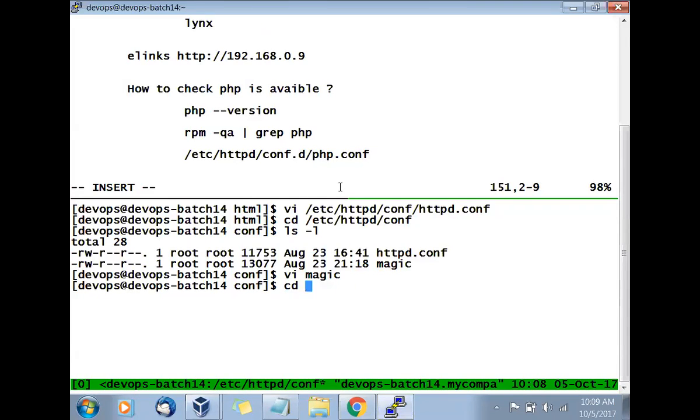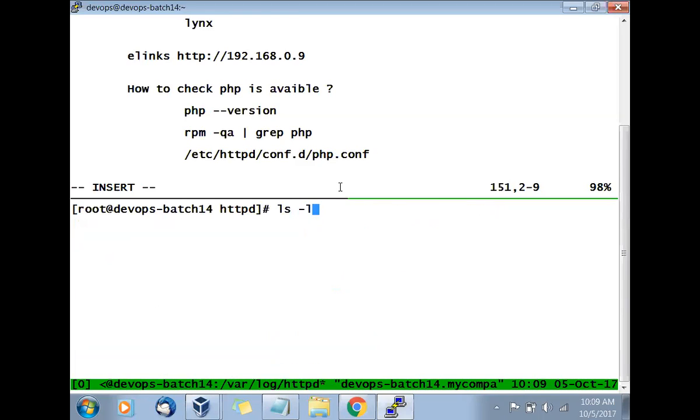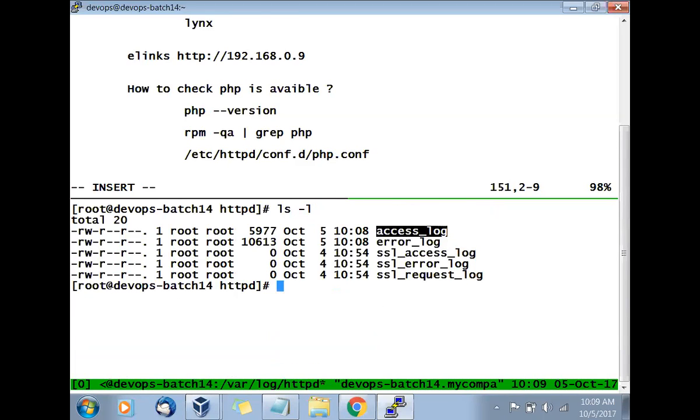I need to become root because otherwise I will not be able to see that. So I will go with root and go to the directory. Which directory? cd /var/log. We wrote this yesterday in our technical details. Yeah, httpd. And which two files are there? There are two log files, one is the access log and one is the error log. We will see the error log because errors are always stored there. Log files are the hint given by a service to you to troubleshoot.